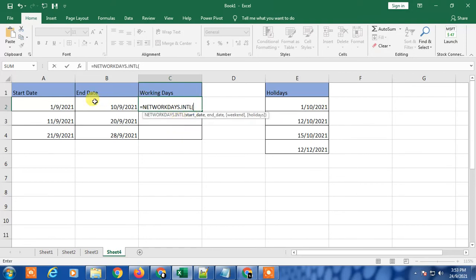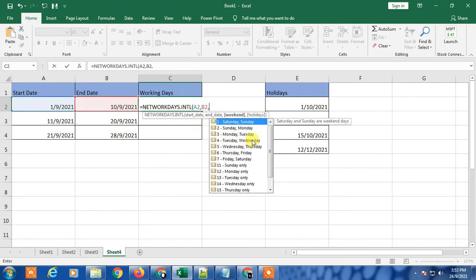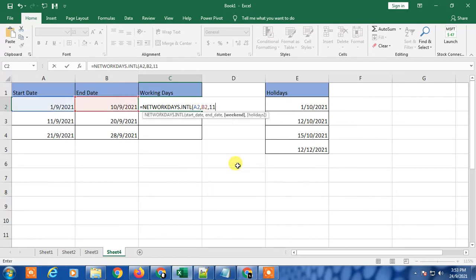Then, same as before, select the start date first, then comma, then the end date, then comma, then here you select the weekend days, like Sunday only, Monday only, Thursday, Wednesday, whatever you have. I'm selecting Sunday only. Then a comma, and now select the holidays and close the bracket.